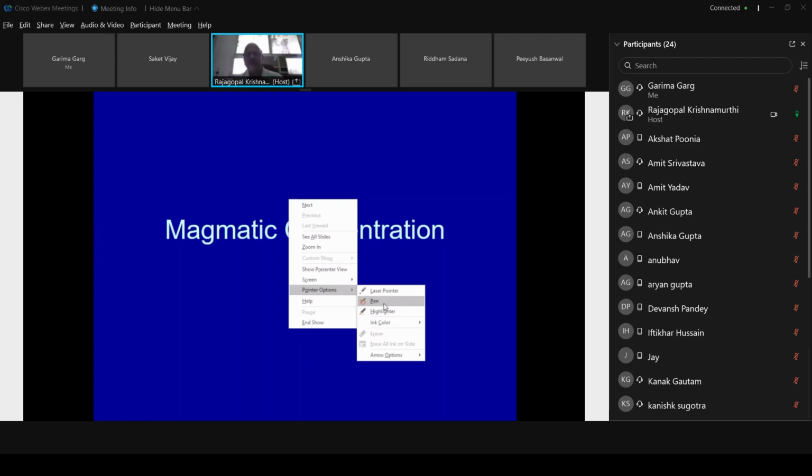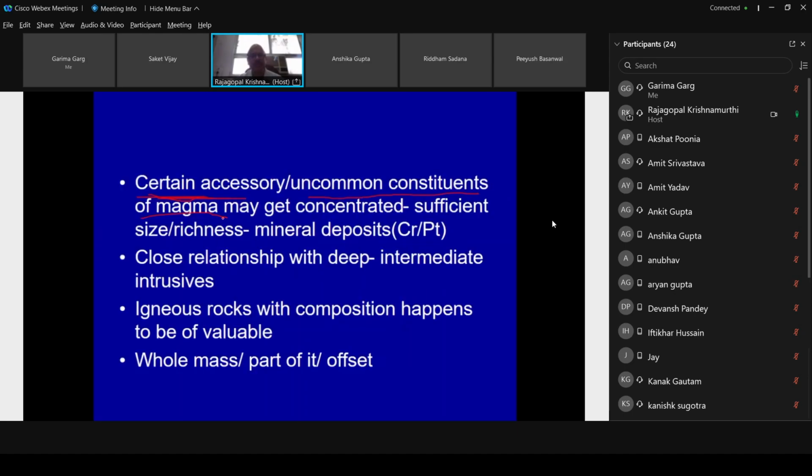So certain accessory, uncommon. What is this? What is accessory? What is uncommon? We should understand. Let us take a basalt, which many of us are quite familiar with. Basalt is produced by a mafic magma. What will the mafic magma have? If you take a basalt and try to analyze, it will have